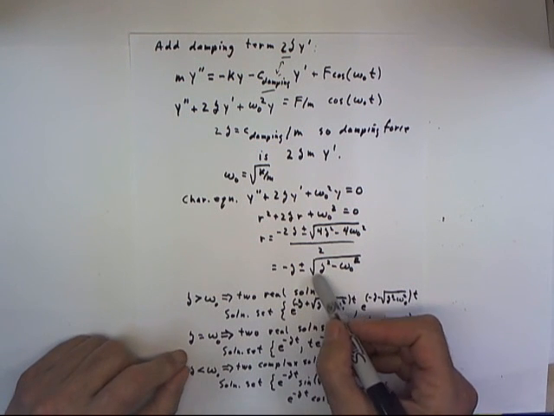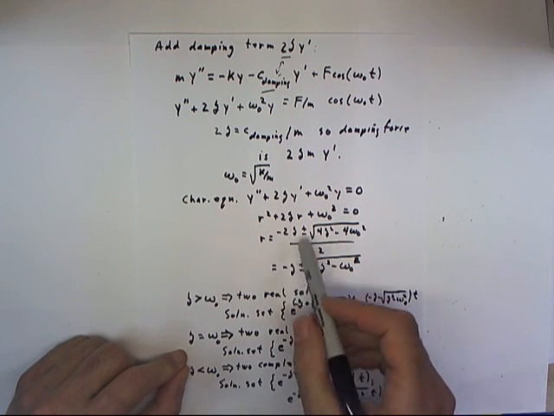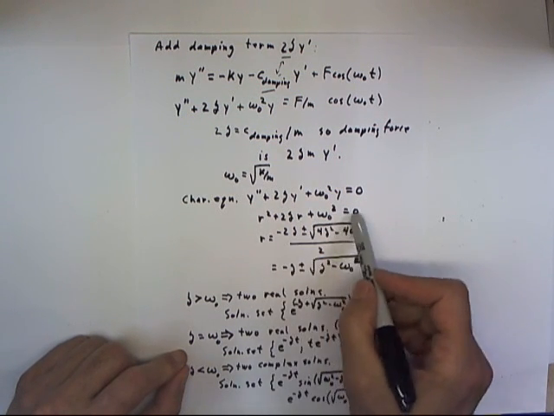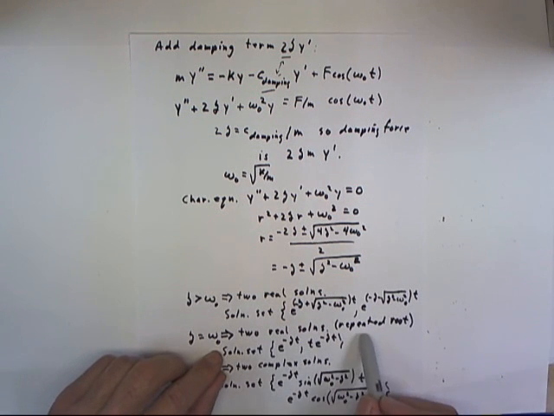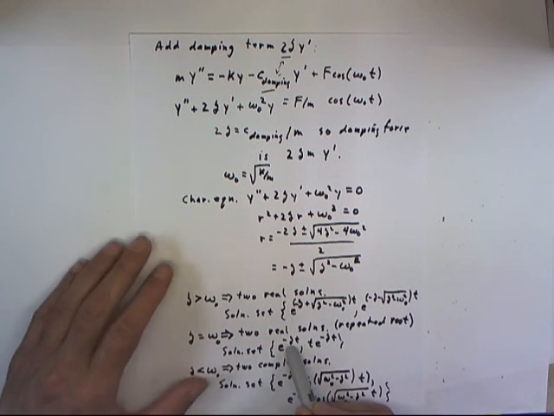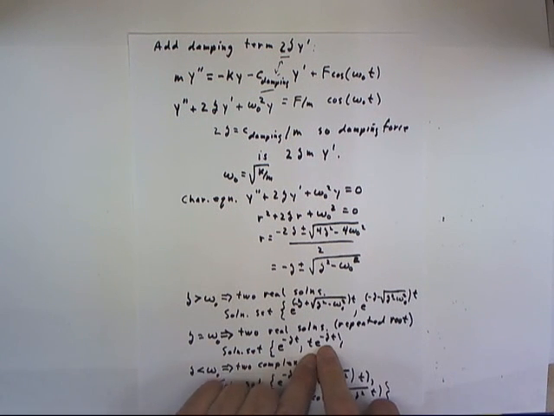And that results in the radical being 0 and the root of the algebraic characteristic equation being repeated. And as you remember, that leads to solution set e to the negative delta t and t e to the negative delta t, originally arrived at by a reduction of order argument,